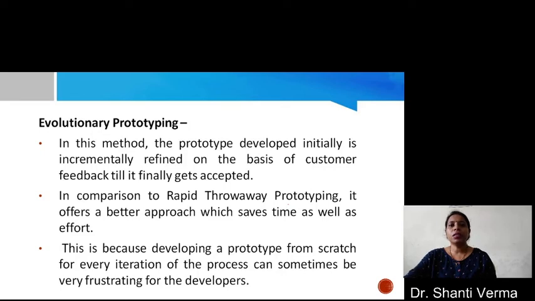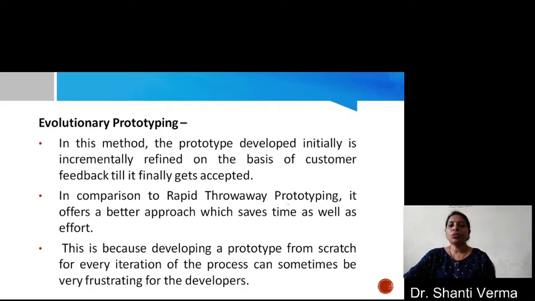The second is evolutionary prototyping. In this method, the prototype developed initially is incrementally refined on the basis of customer feedback, until it finally gets accepted. This is the iterative step where the customer gives feedback and the developer makes changes, till the customer accepts the design.